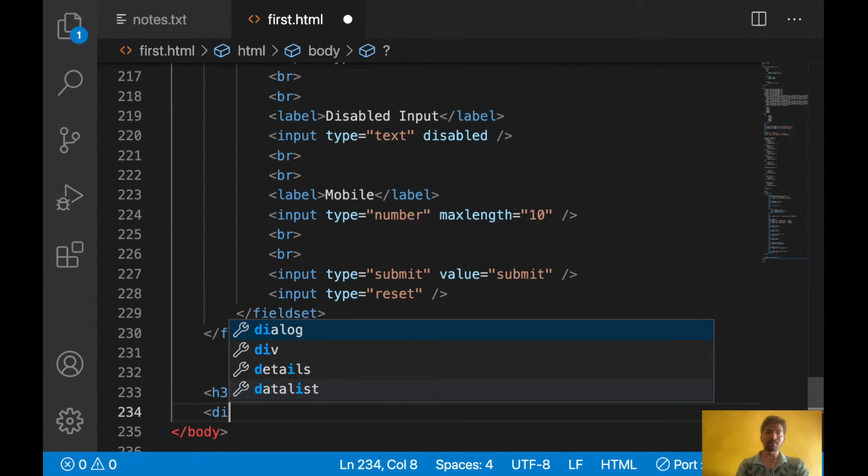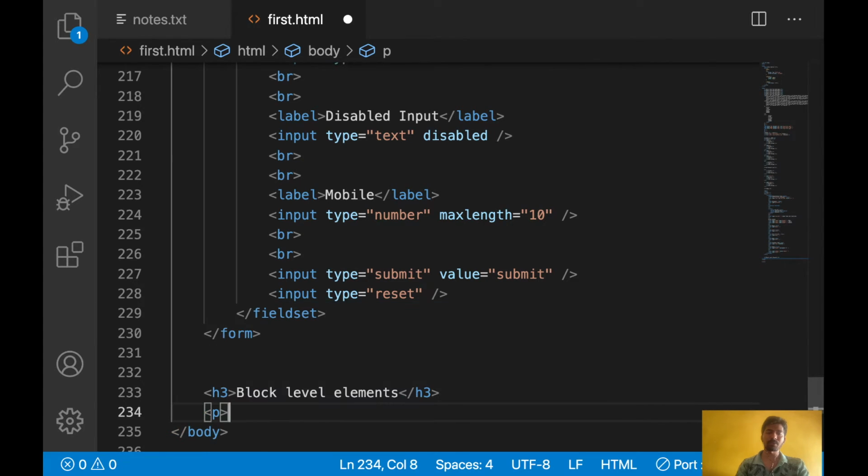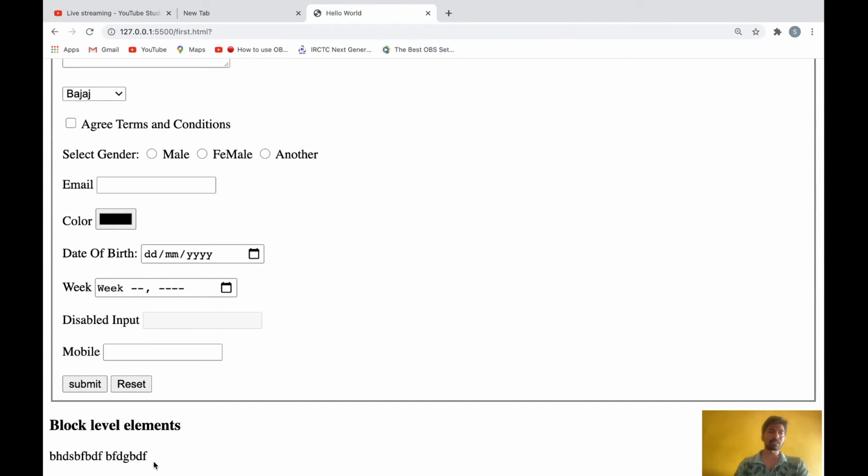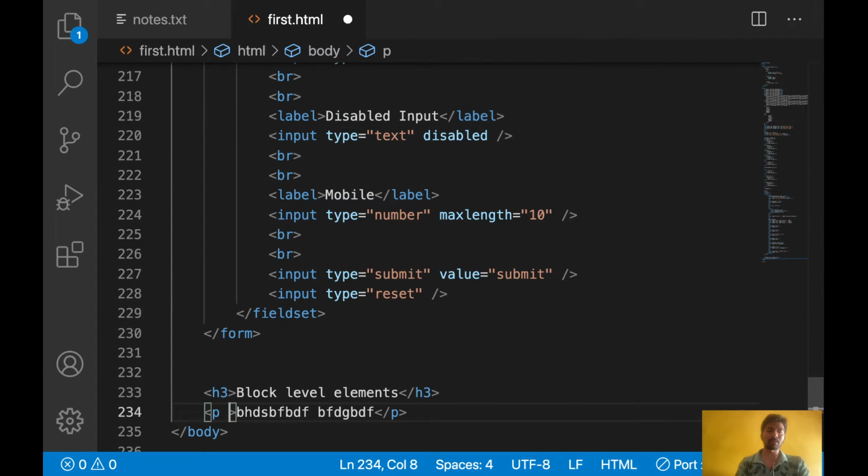A block level element example is paragraph. Okay, paragraph, you can say some content. See here, currently it is coming till here, right? So I'm just giving some border, then you will get to know.